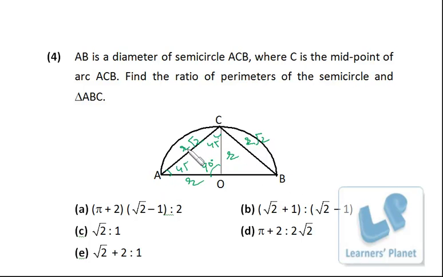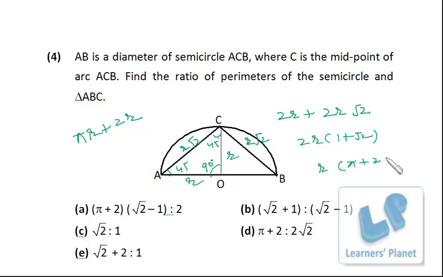So perimeter of this triangle will be r root 2 plus r root 2 plus 2r, right? 2r plus 2r root 2, or I can say 2r(1 plus root 2). That is the perimeter of the triangle. And what is the perimeter of this semicircle? Perimeter of semicircle is pi r plus 2r, right? So I can take r as common, and inside the bracket it is pi plus 2, and this is 2r(1 plus root 2). So this is pi plus 2 is to 2(1 plus root 2),